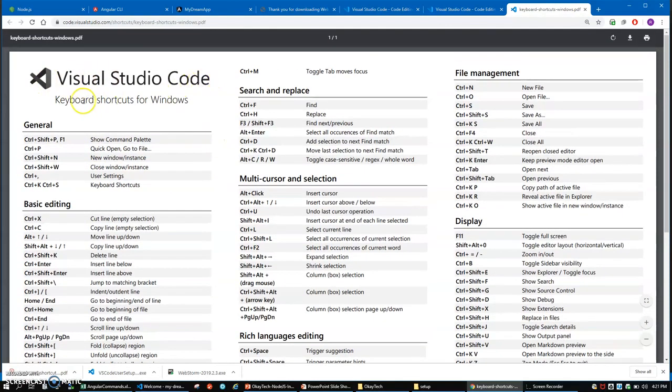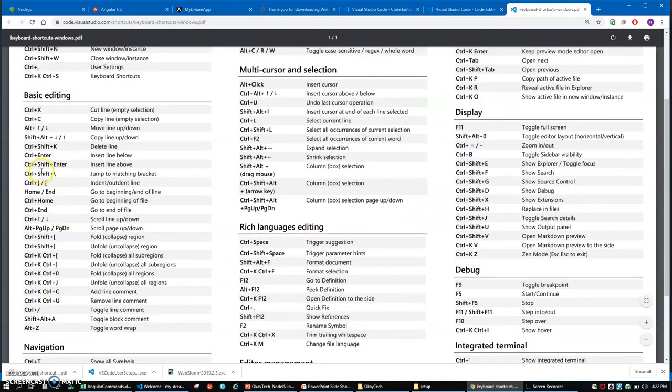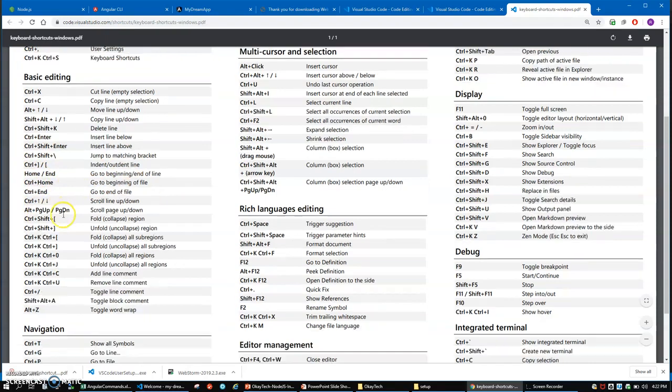So VS Code keyboard shortcuts, general, like normal shortcuts: Control P to open or go to a file, Control Shift N to open a new window, Control Shift W to close the window or instance. For basic editing, there are a number of commands like Control X, Control C, Control Shift key, Control Enter, Control Shift slash, Home, and Control Home, Control End, like this.